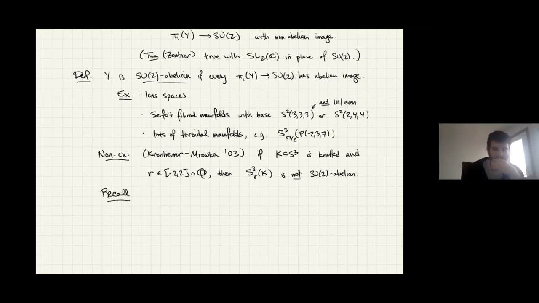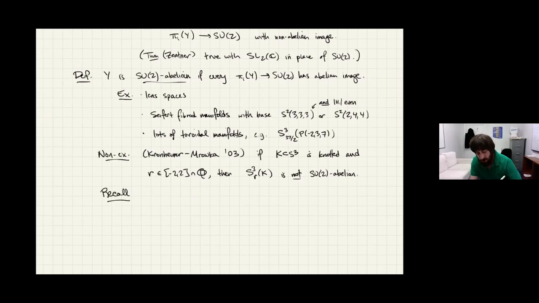So let's recall what I mean by Dehn surgery of slope R. Anytime we have a knot, here's our knot in S3, you can take a tubular neighborhood of it, and there it is, and it's got these two distinguished curves on the boundary. One of them is a meridian, which I'll write mu. It bounds a disk in that tubular neighborhood, and the other one is lambda, which you can think of as bounding a Seifert surface for your knot K.